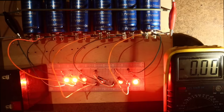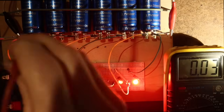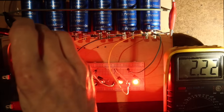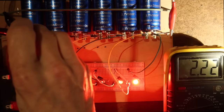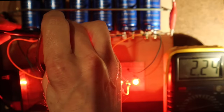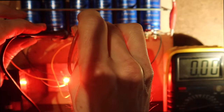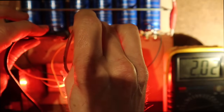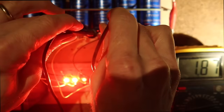Now we will read the individual voltages. This number 1, 2.22, 2.24. Well, that was already in the beginning, they were equal. 2.02, 1.87. So this is the weakest one. 2.06,